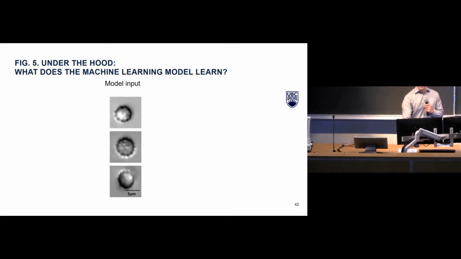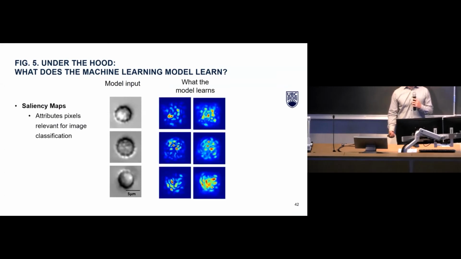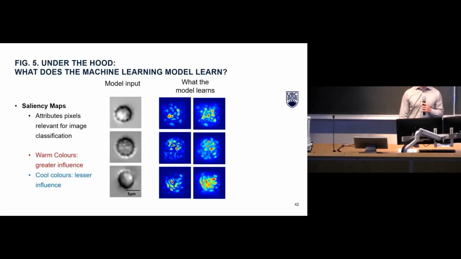relevant pieces of information. To confirm that the model is learning relevant features in the images, we applied saliency maps to the inputted images. These saliency maps display which pixels in an image are relevant for the machine learning model to classify an image, where warmer colors indicate greater contribution to classification and cooler colors have lesser influence. It is clear from these saliency maps that the model learns based on cell morphological features in the images, suggesting our model is successfully capturing relevant information.